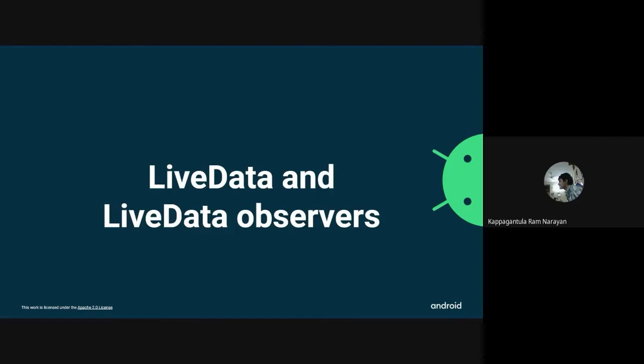In the observer pattern, you'll have two classes. One class is going to be your subject class, and the other one is going to be your observer class. Now, the subject class is the one that is going to undergo rapid changes.